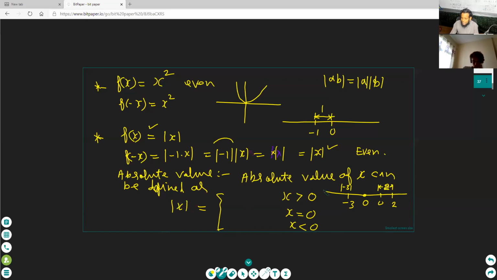Okay. Tell me, see here. If we are discussing a positive number, see the behavior. The absolute value of 2 is 2. We put 2 here, okay? And the absolute value of 3 is 3. The distance of 3 is also 3. Clear? Same. So for x greater than 0, x is also a positive number, then we can write the absolute value of x is x. Can we write?